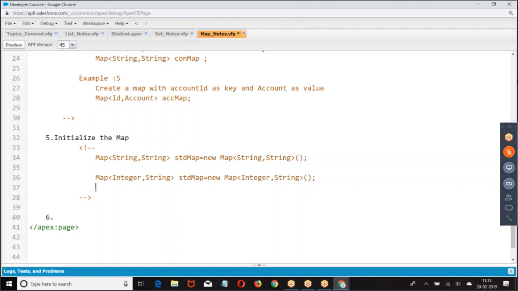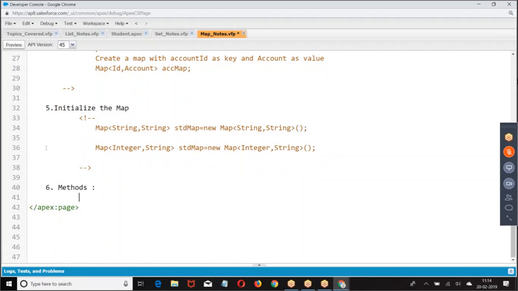Now we have here methods. First one, put, key comma value.